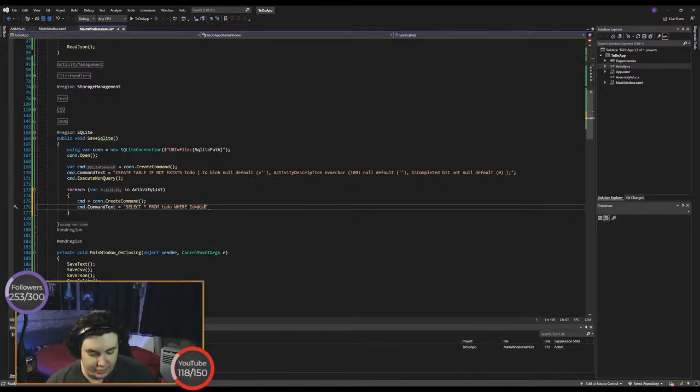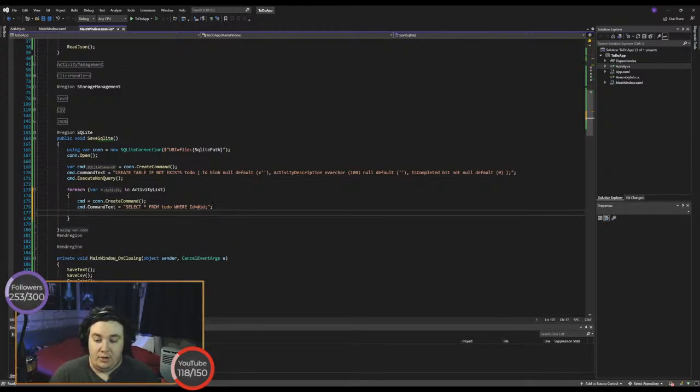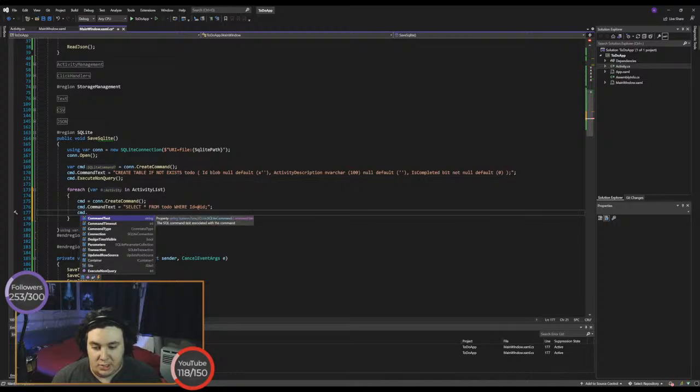Lovely. And then a semicolon still within the string, and then after the string another semicolon. It's because it turns out that SQLite uses semicolons at the end of their commands. We don't have to do that for our SQL. Like when we get to our SQL Server stuff, we won't do that just because MySQL doesn't use that. Okay. Right. On the next line, we want to do cmd dot parameters